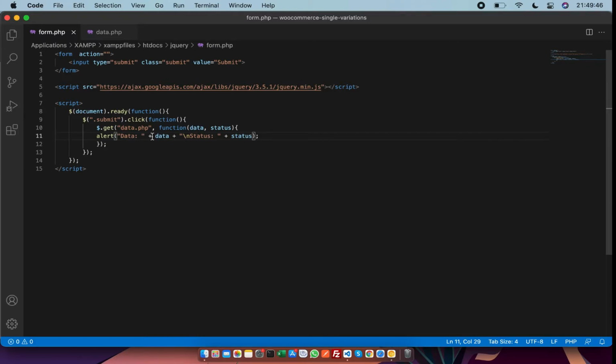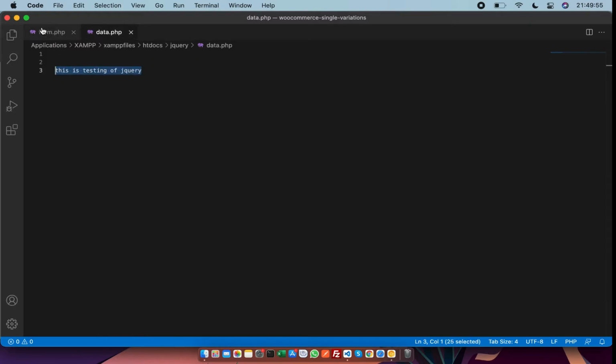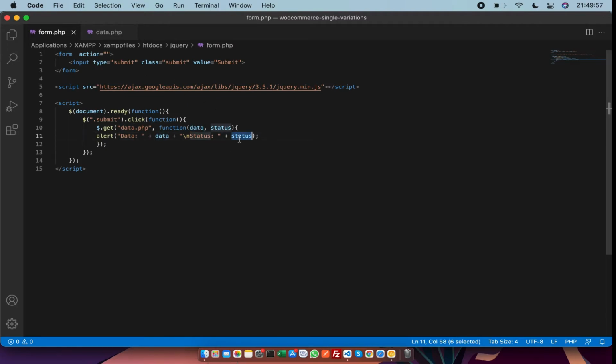As you know, in jQuery concatenation is done with the help of the plus sign. The data that is coming from that file, and the status. This is the status of the jQuery. I mean, if status is successful, then data will show. Okay, I think it is clear now.